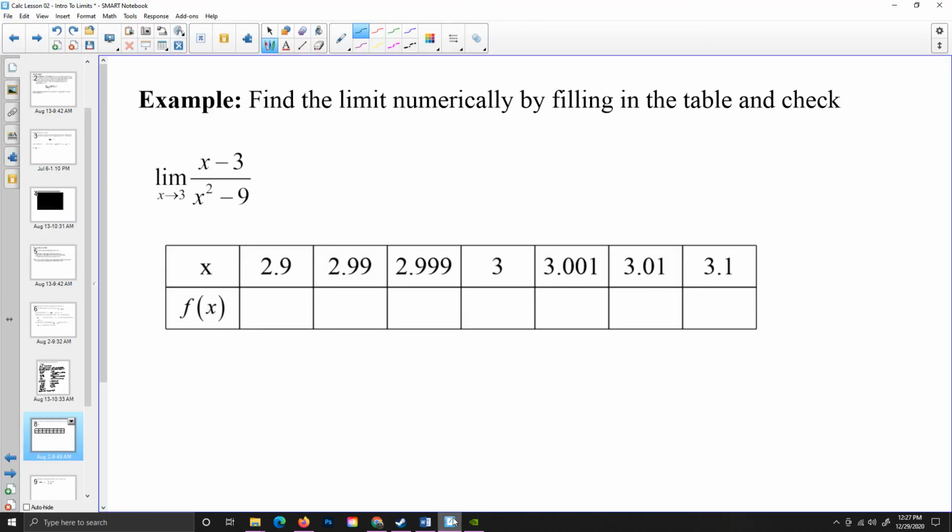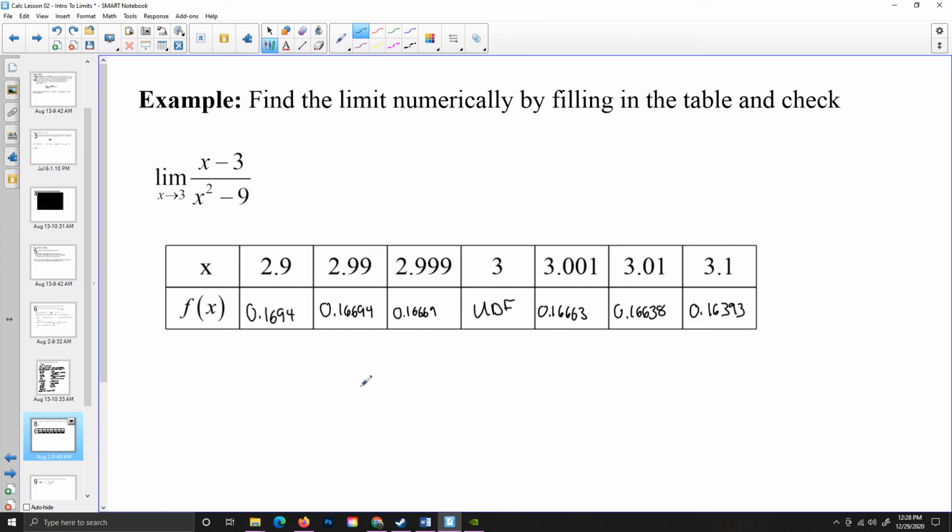So let's go back and fill in that chart. And here at 2.9 we have 0.1694. At 2.99 we have 0.16694. At 2.999 we have 0.16669. Here we have UDF, it's undefined. Here we have 0.16663. Here we have 0.16638,